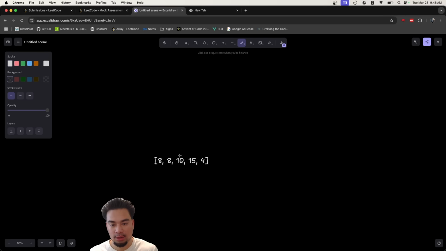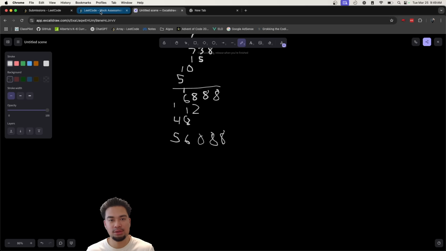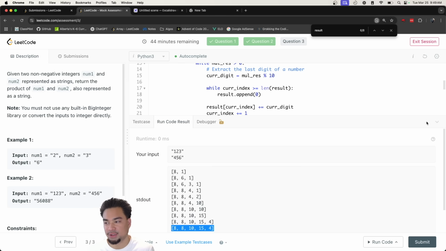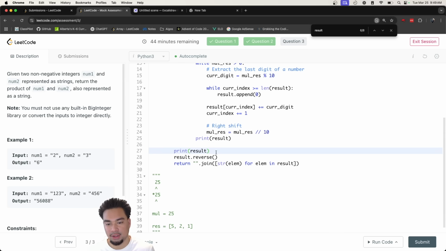8, 8, 10. We just move 1 here to 0, 6. Okay, we just need to finally parse the output at the end, and then reverse it. 5, 6. We're actually close. We don't need to change our logic too much. So we say